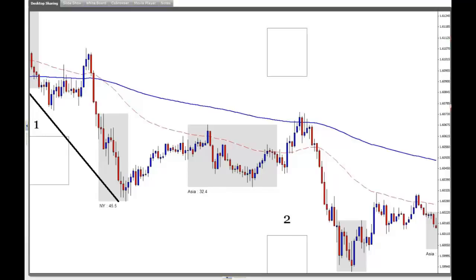And the second question that we ask ourselves is, where are the high probability points? Okay, so just as an overview, before I talk about what I mean by high probability manipulation points, when we talk about market cycle,